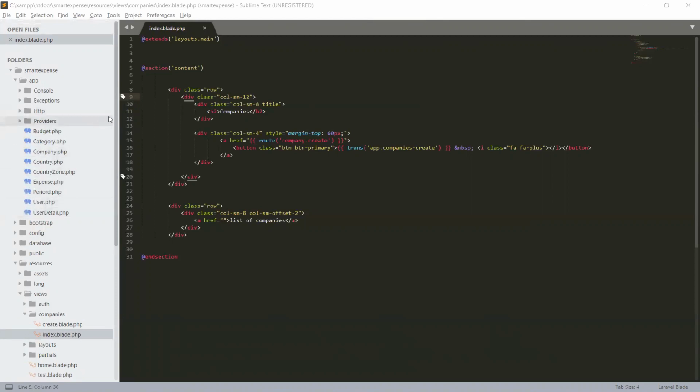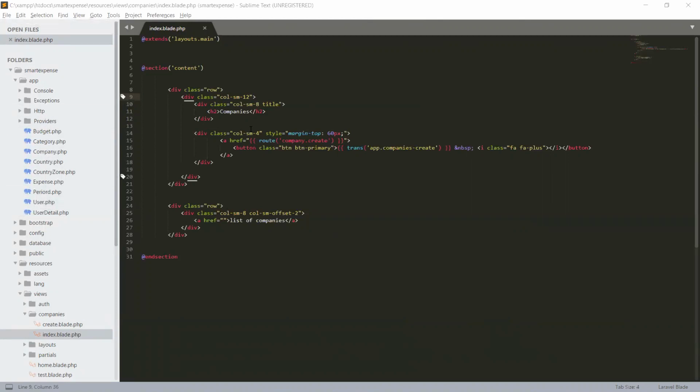This file will hold a color function, number format, and format date: the default date format, the currency format, and the colors that will be used throughout our application.